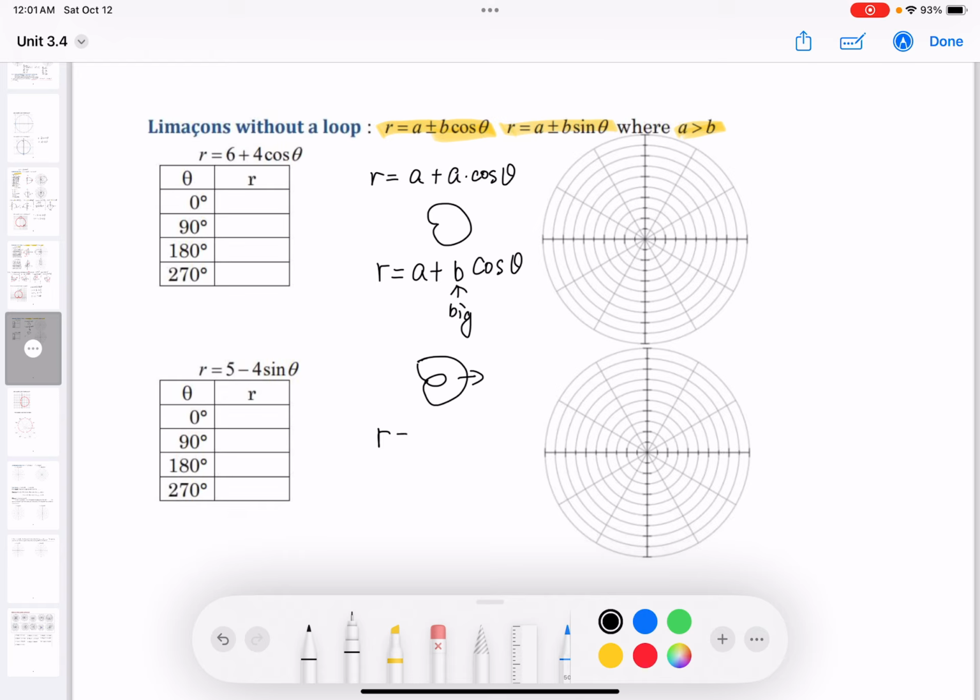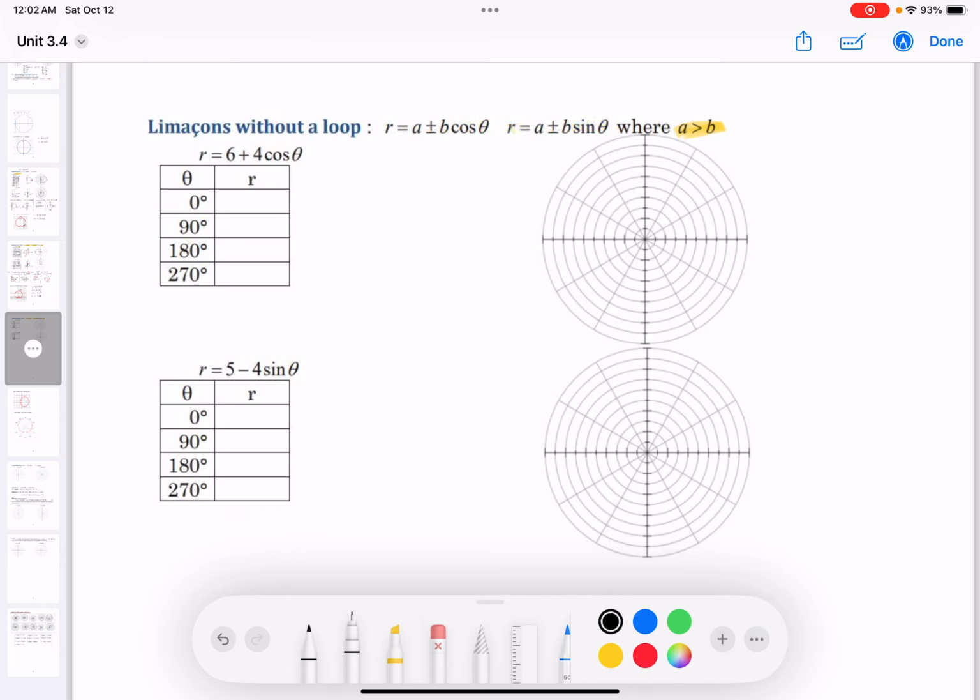If r is equal to a plus b with a small b, so a is big, that means I cannot have a heart shape. I just have a dimple. Just suck a little bit, and there is a small dent. Okay,